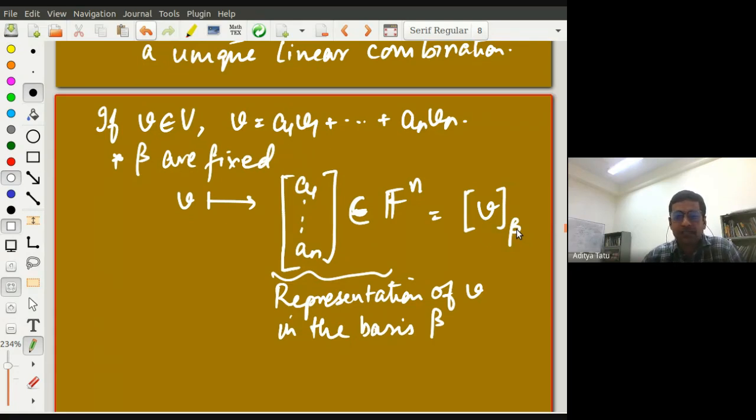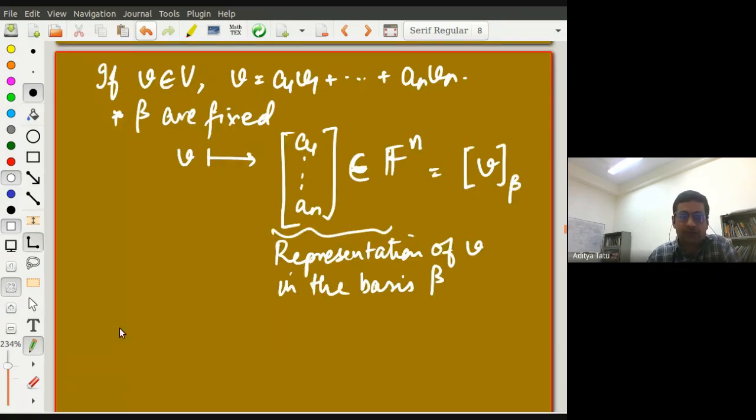So in principle, the conclusion is that this representation is unique, right? If I want to communicate V, I can also do the same by communicating this set of n numbers, or n elements of the field, right? And if you think about the way Cartesian geometry works, you have been using this, isn't it?